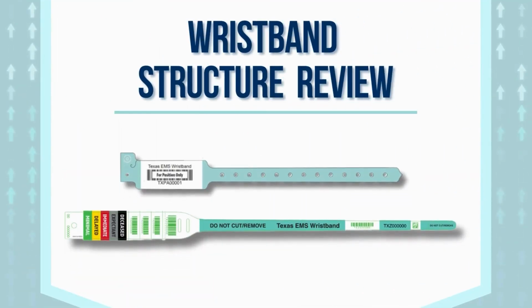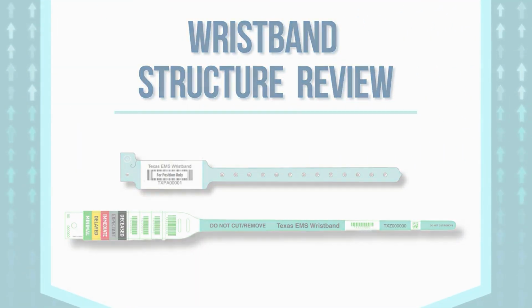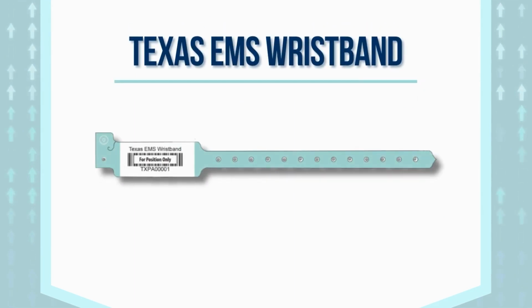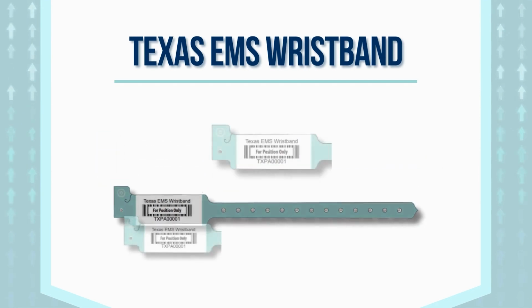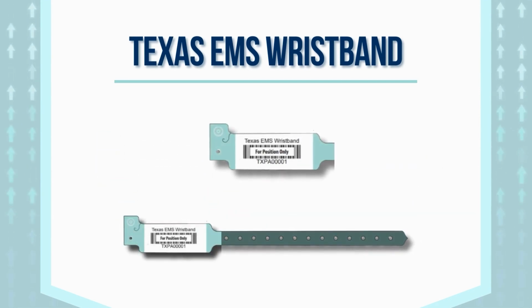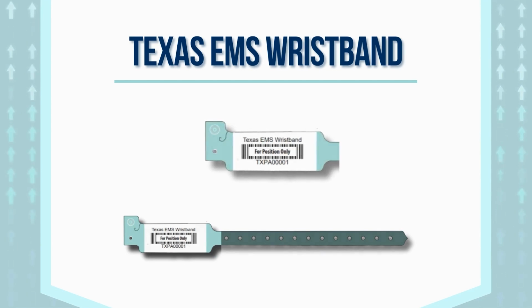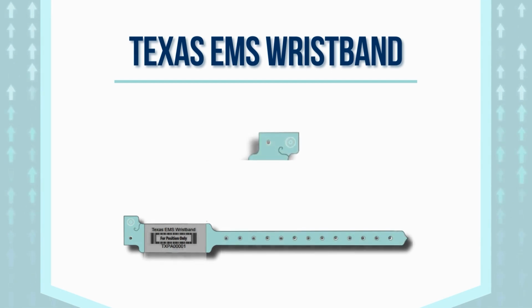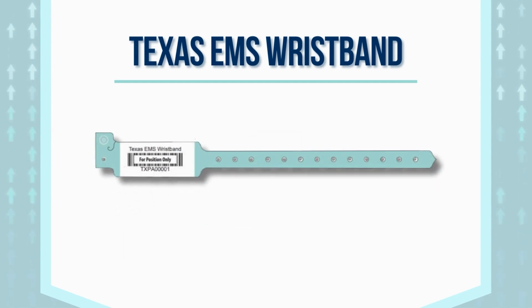We'll first begin by going over the structure of each wristband, starting with the Texas EMS wristband. The single teal band provides a striking contrast from most bands used in the healthcare field. Within this close-up, you'll see the main portion of the band with both the barcode and the readable, unique alphanumeric characters. The clasping mechanism is also similar to other common bands utilized within medical facilities. These wristbands are designed for everyday usage, with emphasis on making them a standard part of patient care. The goal is to utilize this band on every patient every time.